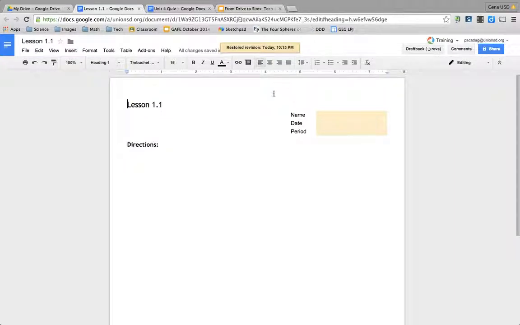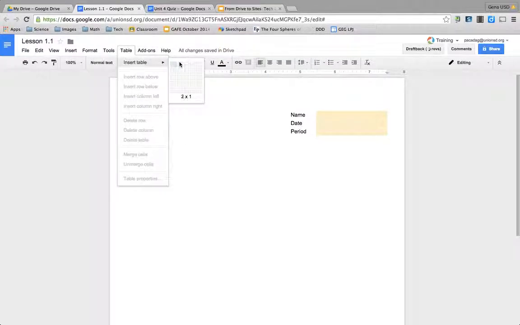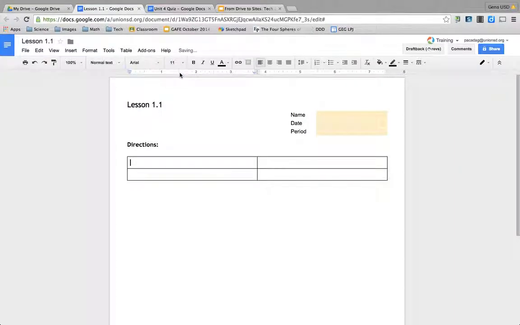I'm going to show you how to make an answer key in this Google Doc. So right underneath where I would type in my directions, I'm going to insert a table, and I'm going to insert a 2x2 table, and on the right hand side I'll say answer key. And I'm just going to adjust my columns to whatever size I feel like my answer key needs to be,